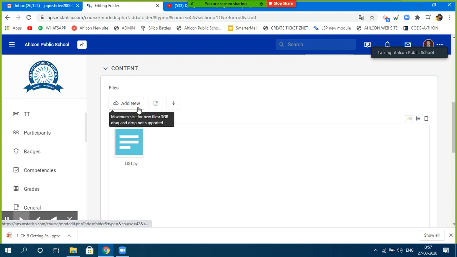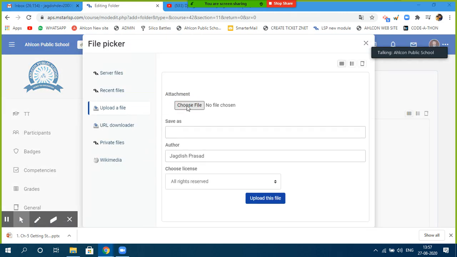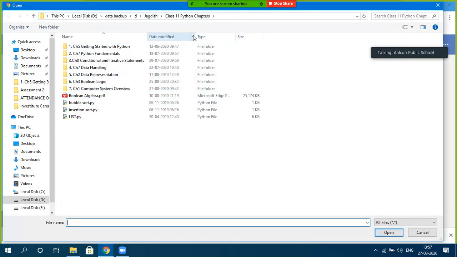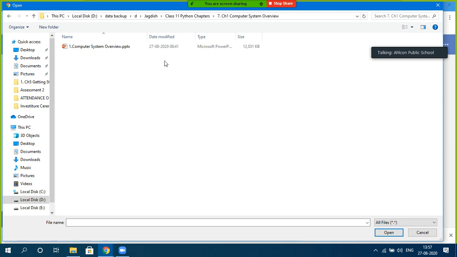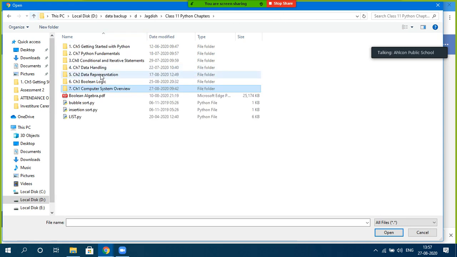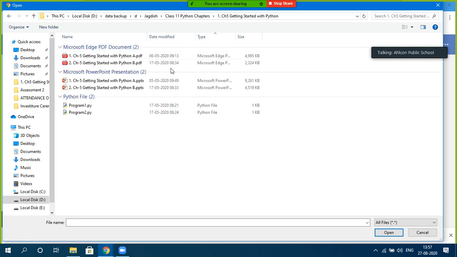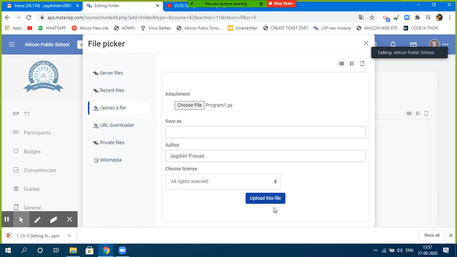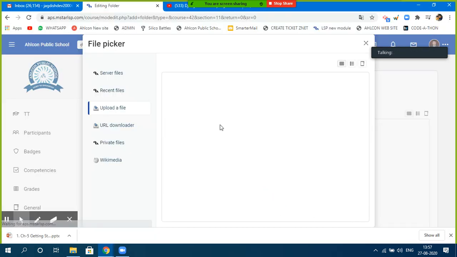You can see here. I want to add one more. I'll choose a file lesser in terms of size. The huge one, I'll take something else. Program1.py, upload file.